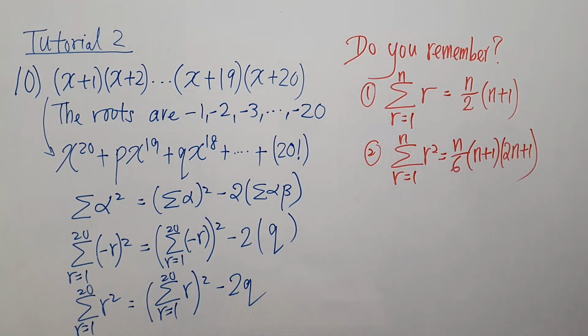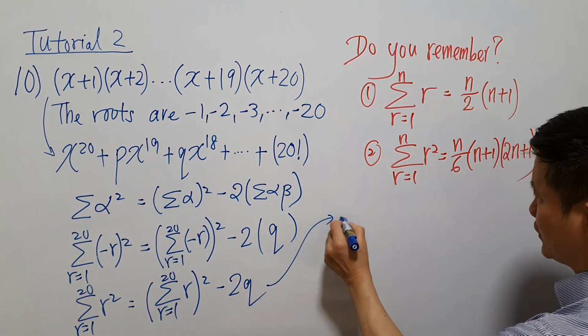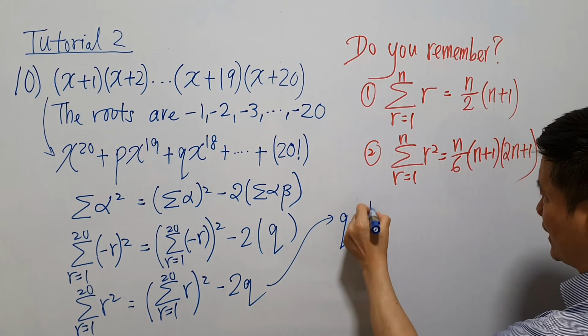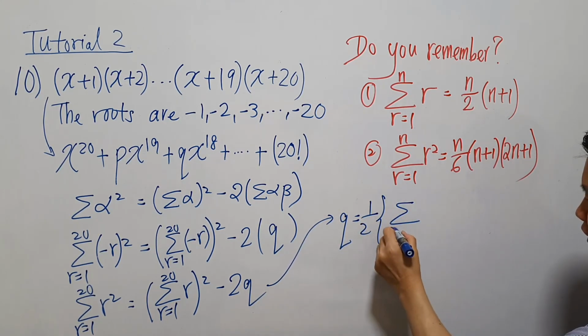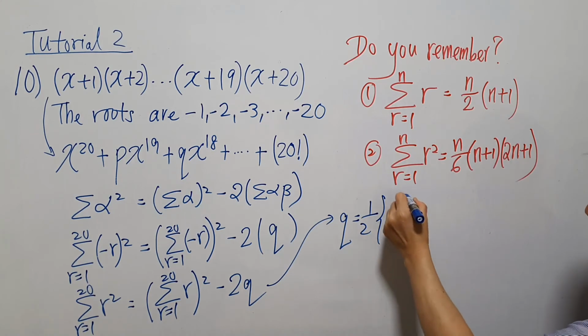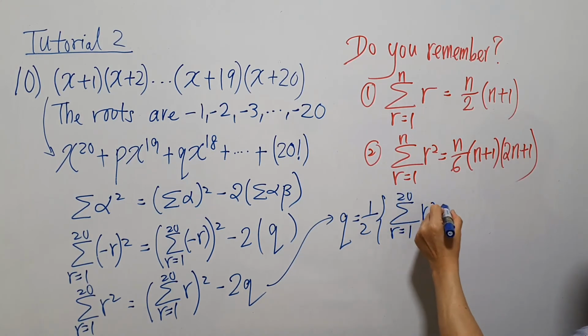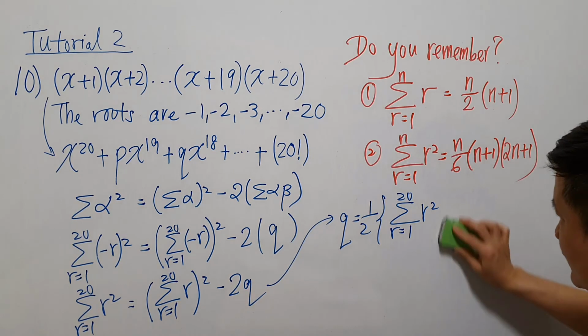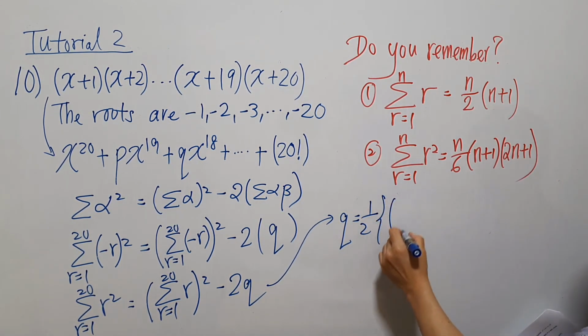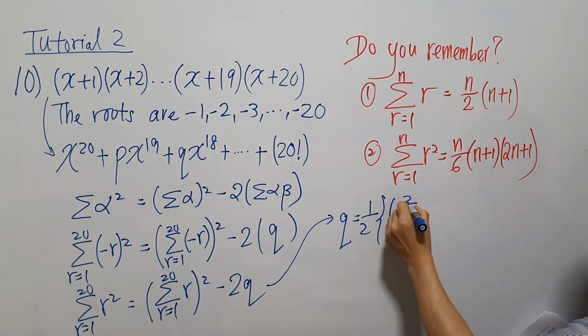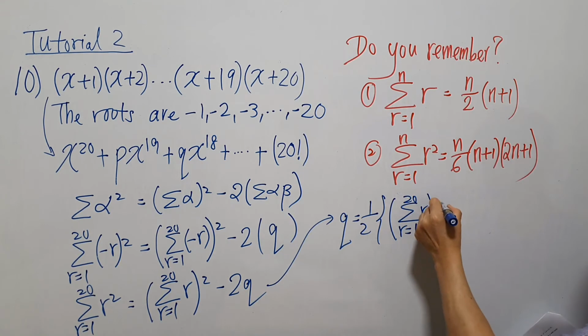Okay, so based on this, you can see that Q therefore is equal to half of this summation of r equals to 1 to 20. Okay, I wrote wrongly. Should be summation of r equals to 1 to 20 of r squared minus